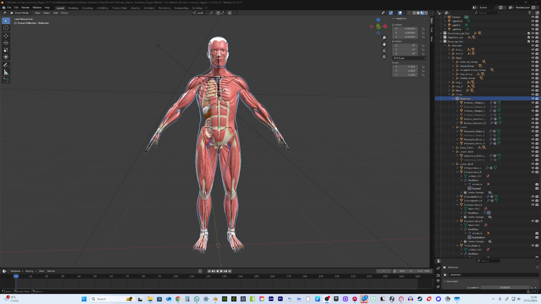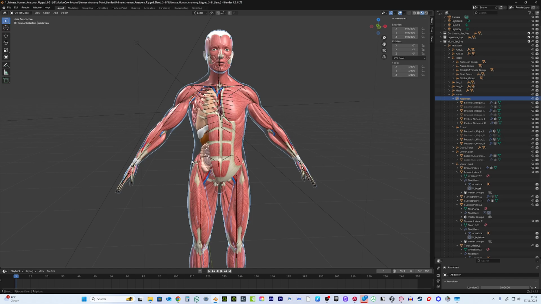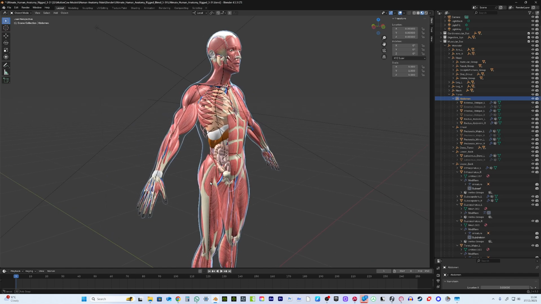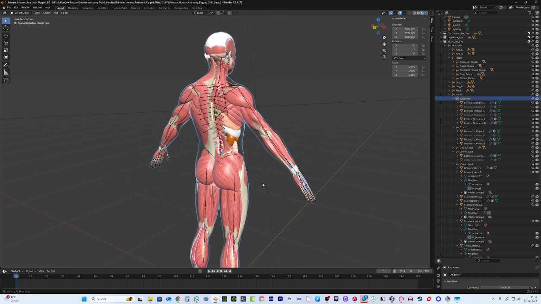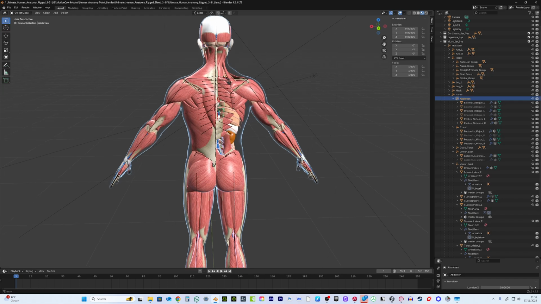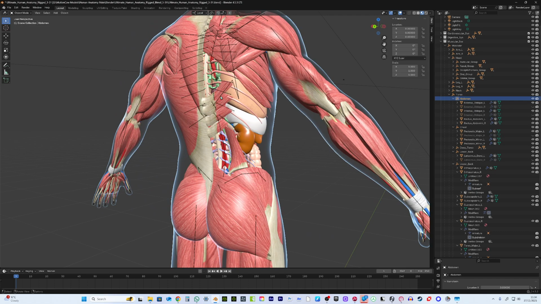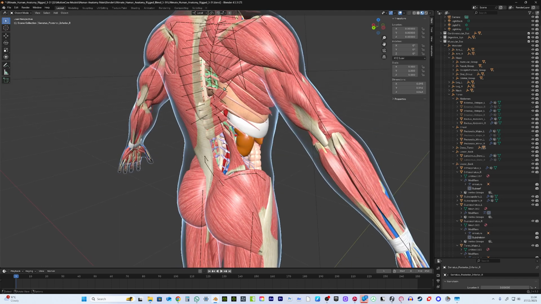So I now have my new model for showing everything. So I'm going to be able to link this up to the recordings that I've done to be able to show different muscles that were spasming, the nervous system, or the nerves that have been compressed. So you see the different muscles that will be affected all along different layers that I can